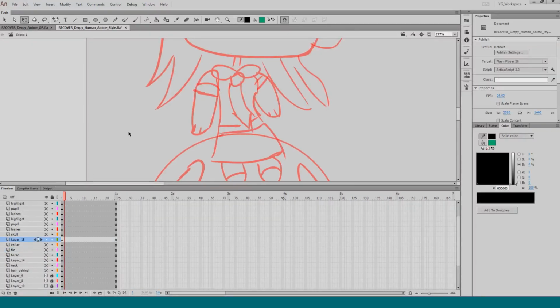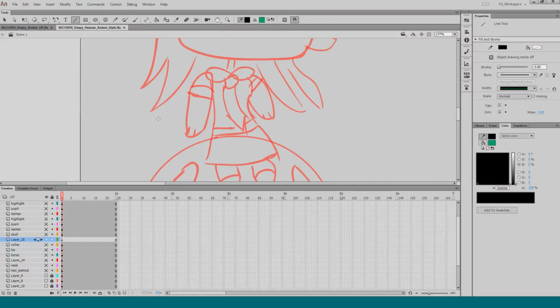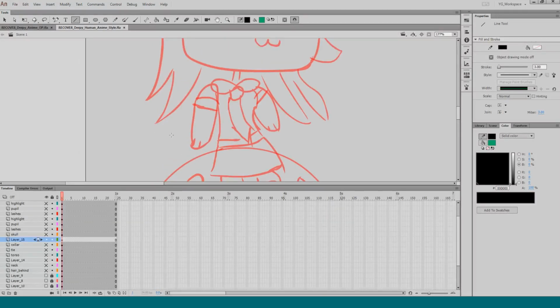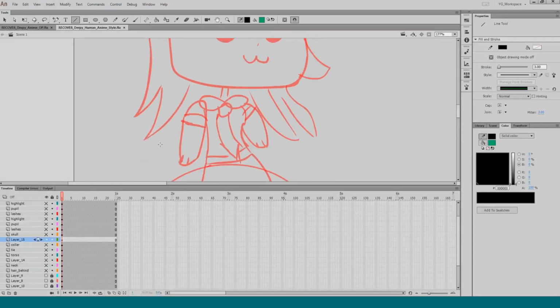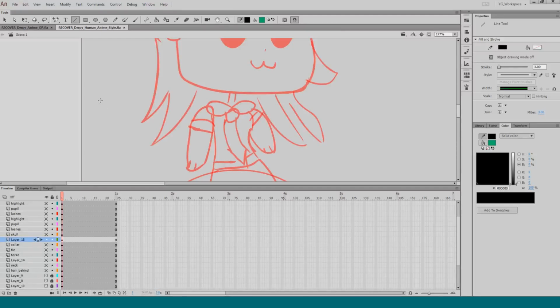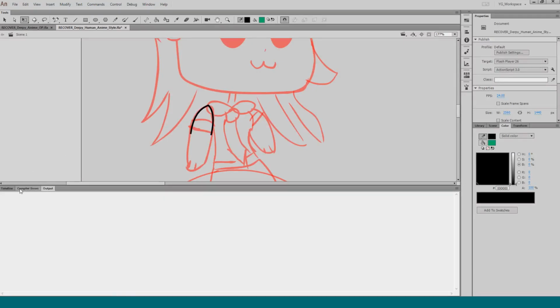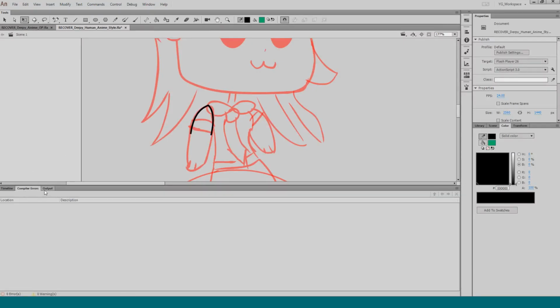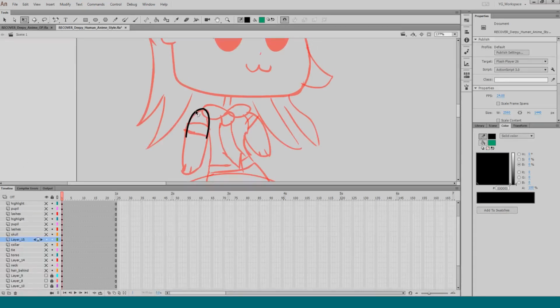And I've heard Toon Boom, TV Paint and probably some other programs are more geared towards animation, because Flash as a thing seems to be more multimedia focused. Because it has the whole ActionScript, this output and compile errors, you wouldn't see this in Toon Boom or TV Paint.